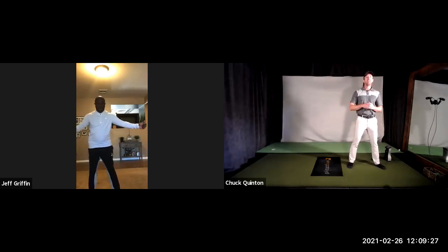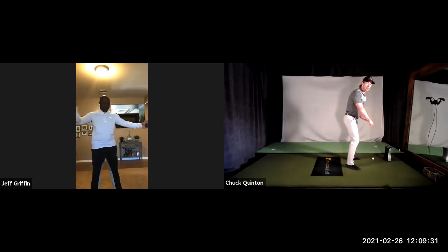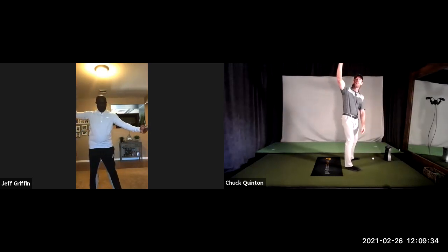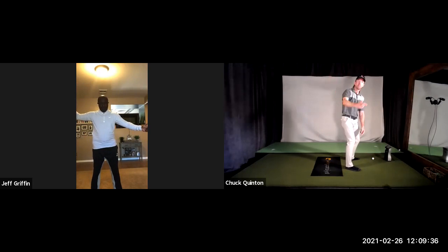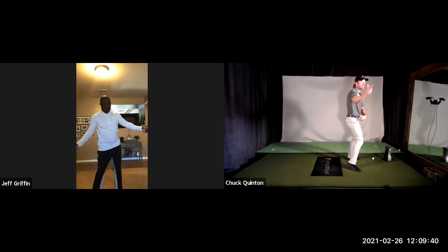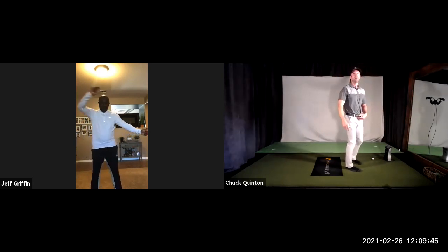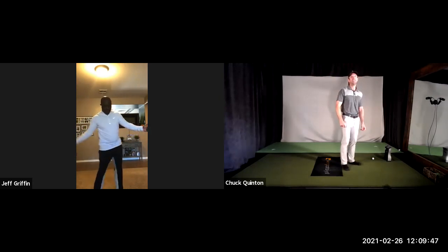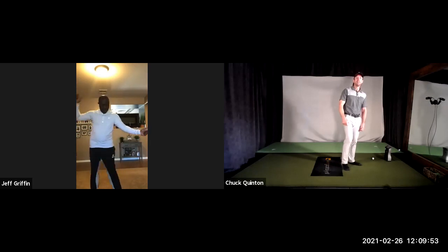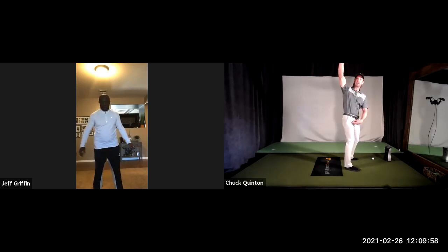Yep. So now, what I want you to do in terms of the synchronicity of this is as your right hand kind of gets to the top and it begins to transition back, your weight should be moving away from your heel as this happens. Okay. So now, what you should find when your hand is here and you're on your heel and